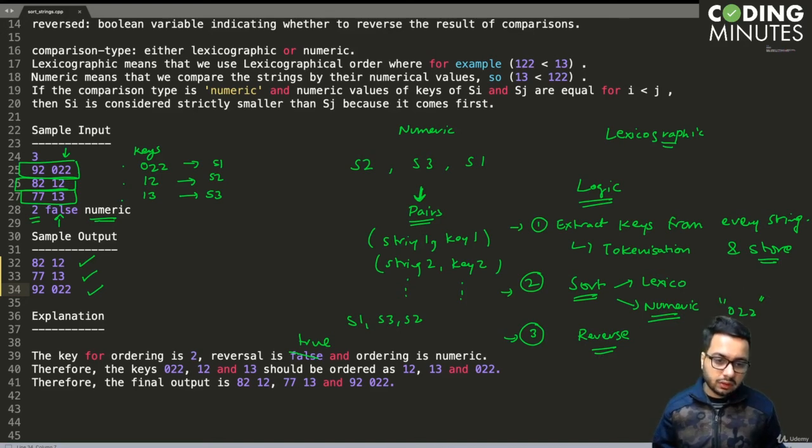So the numeric value will be 22. For the lexicographic comparison, you can just compare based upon the string, and ask, is 022 less than 13? You will get true or false depending upon this comparison. So both of these comparisons can be done very easily. In the next video we will discuss the implementation, but I suggest you try to write the code yourself. Okay.